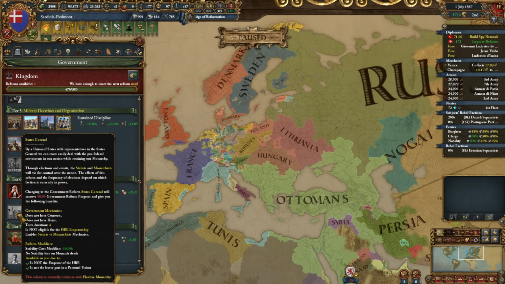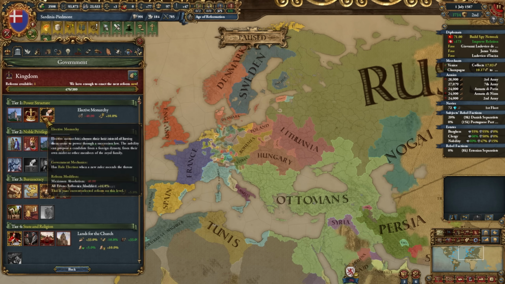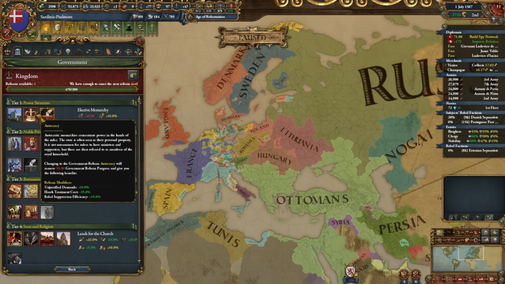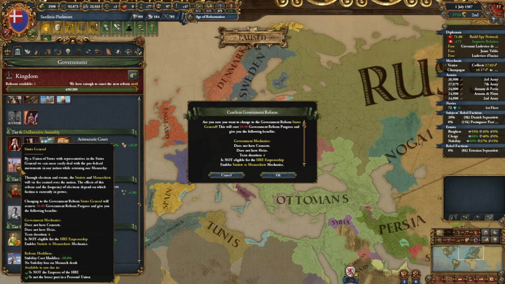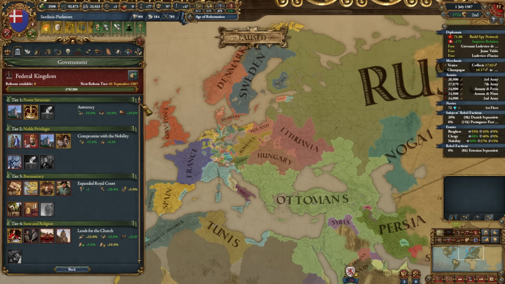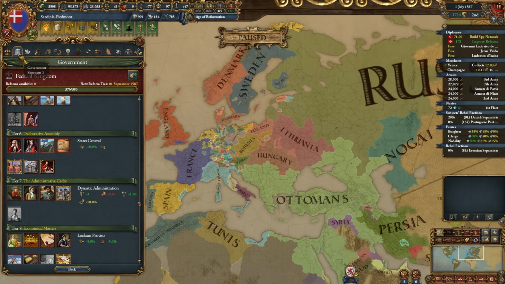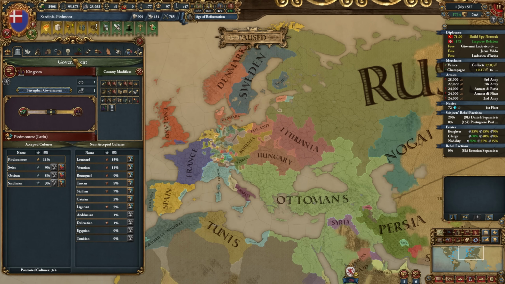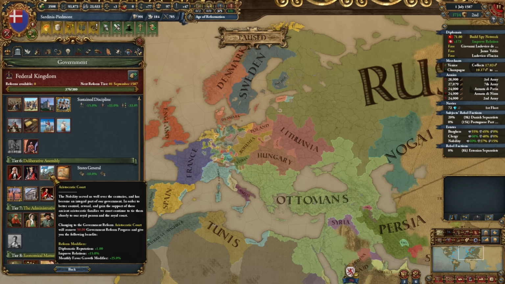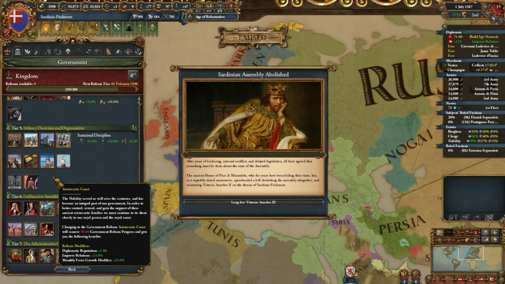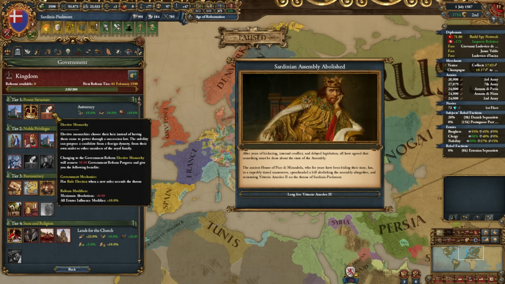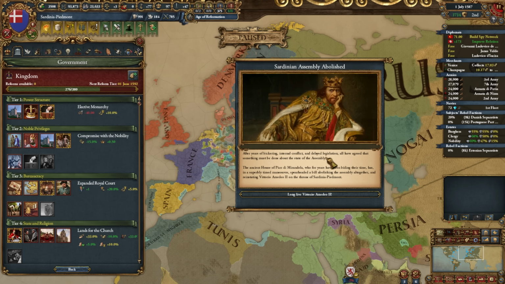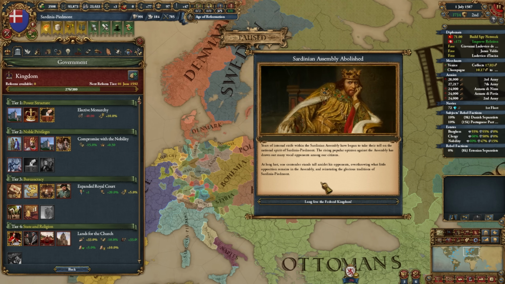But first of all, it is exclusive with the elective monarchy reform, which means that I have to spend 50 reform progress to get out of that, to autocracy, for example. Then I can choose the States General for another 50 reform progress. And then, as the statists are in power, of course, I can immediately switch back to the other reform of this tier for another 50 reform progress, get this event over here, and before I click that, I can now switch back into the elective monarchy. I let 1 day pass just to make sure that it actually updates over here, and then I can click this event